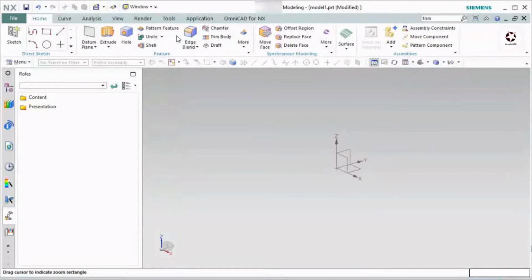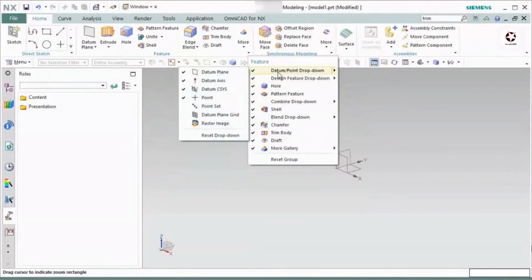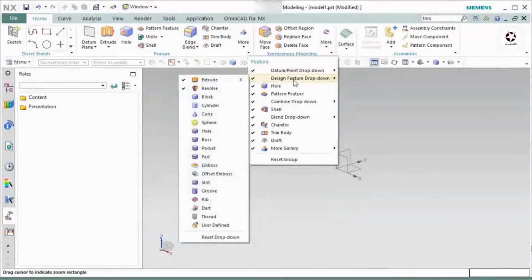But for your design, maybe you have to use it. In that case, you can add that tool inside this feature group. If I go to this drop-down menu, there is a tiny down arrow showing. If I select this, I will see all tools available inside this Feature group. If I go to this second option, this is checked by default, and inside this I can see Extrude and Revolve is checked by default.